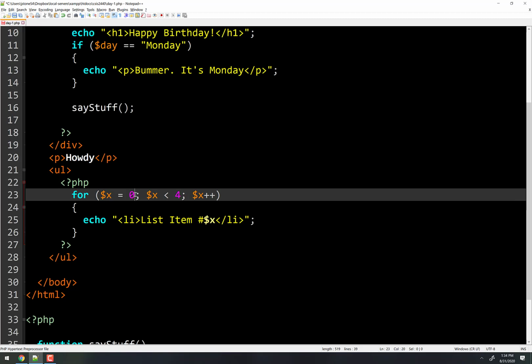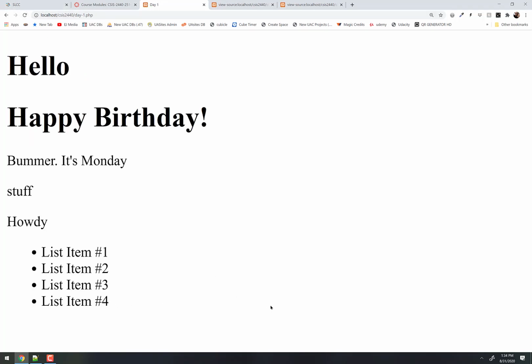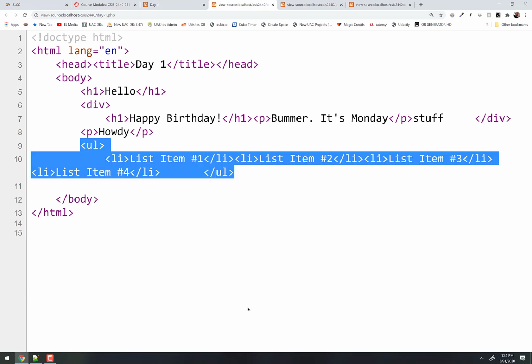Let's change it so it doesn't do that. We'll go 1. There. So now it'll go 1, 2, 3, 4. Okay. So let's refresh it. And there we go. List item 1, 2, 3, 4. And if you look, all it is is raw HTML code that it generated. This all happened on the server, and the server delivered this raw code to the browser. But we did it with a loop. Okay? That can come in handy, right? You can see how that could be useful,